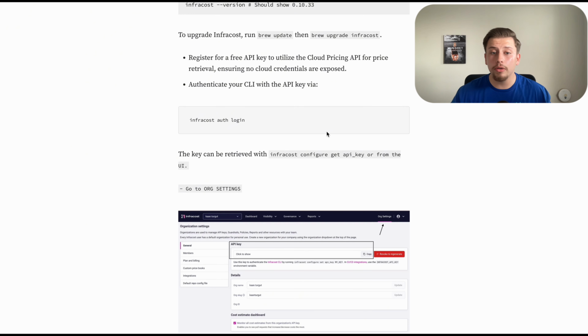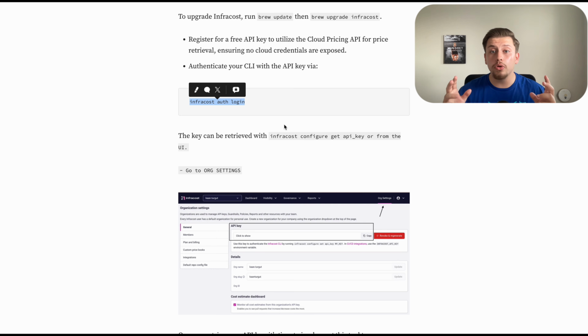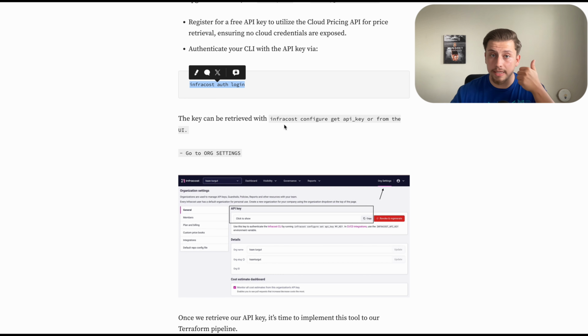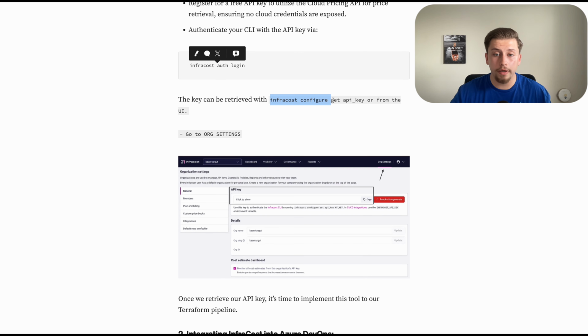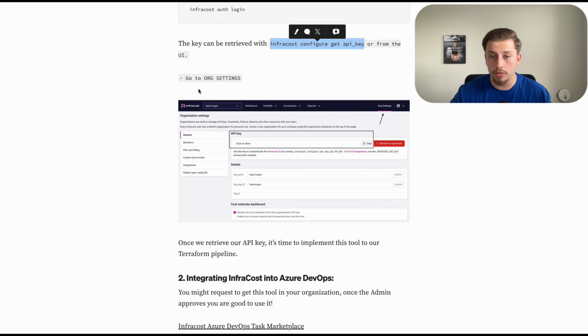And the next step will be authenticating, right? If you're using the CLI, you can easily do infracost auth login to start logging in, and you need some sort of API key to make the connection between your Azure DevOps as well as the Infracost tool, right? So this can be done in two ways, CLI and Infracost UI. You can retrieve the API key by CLI by doing infracost configure get api_key, or if you want to do it from the UI, you can go to the Infracost website and click on organization settings, which